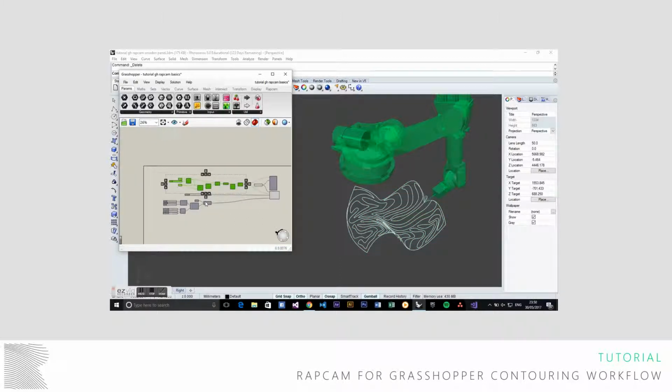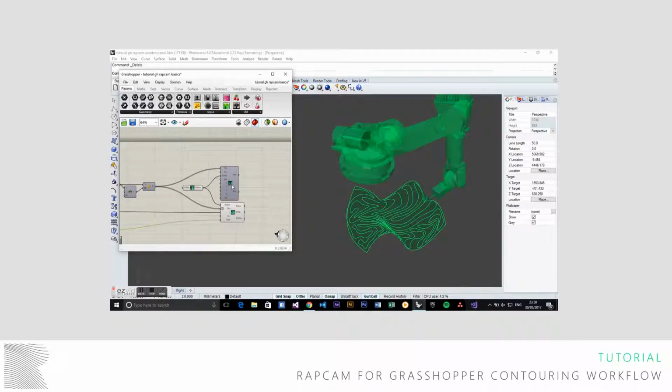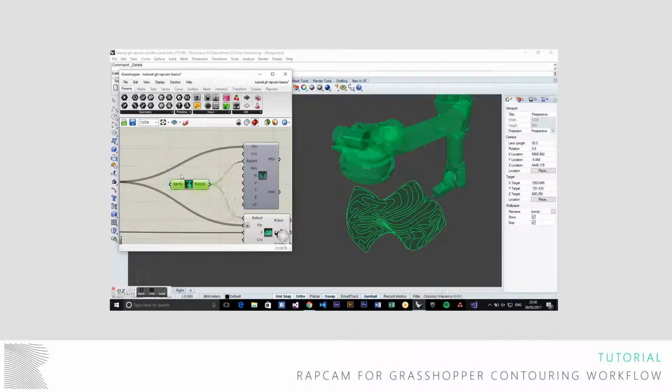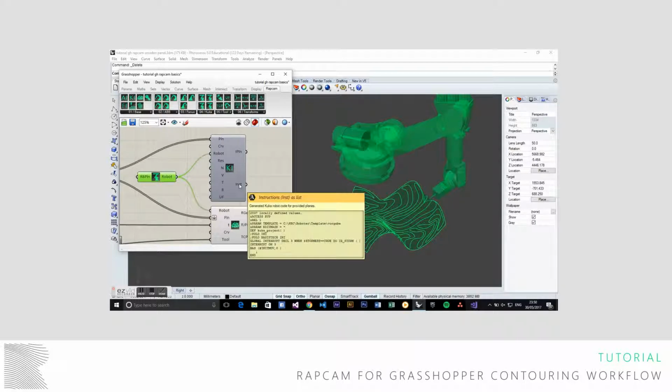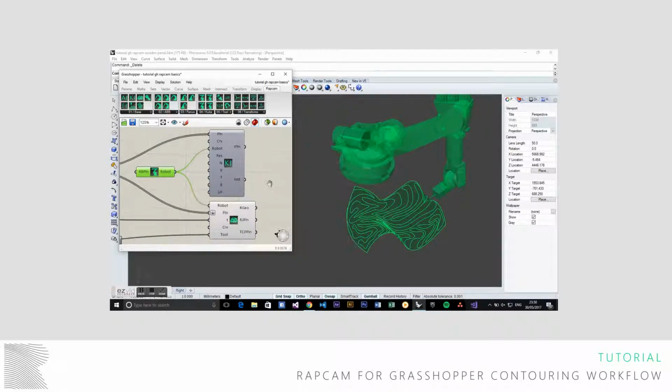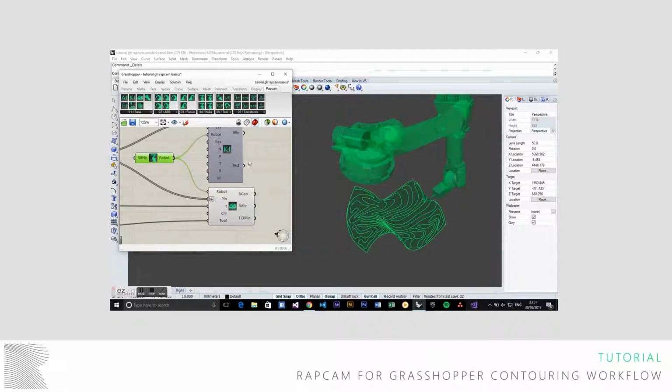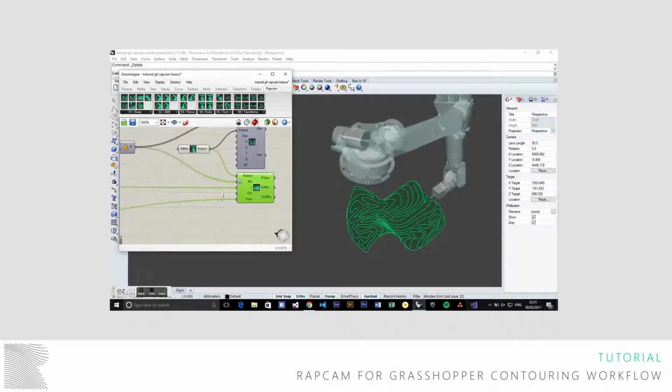So this part generates the planes, this part generates the tool, and then the solution is of course here, where we just select the robot of RAPCAM, one of these components, and then KUKA instructions, because it's a KUKA robot, will generate the code which you can emit via panel to the disk and put to the robot, while this